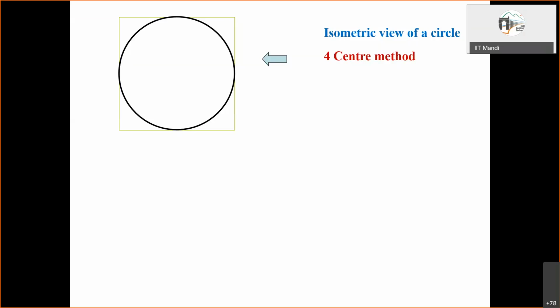And the reason you know already, that if we have a square, the square will look like a rhombus when we consider isometric projection. That is what we had begun our discussion with. So now this square, what we have drawn around this circle, will look like a rhombus. So that makes it easy to replicate. We can easily draw a rhombus with the dimensions of the sides of this square. The side of the square will of course be equal to the diameter of the circle. Now there could be two configurations, right?